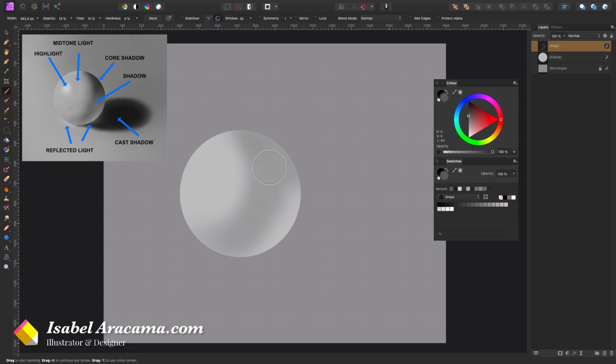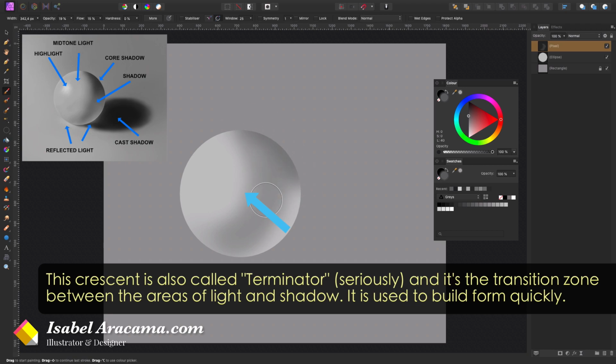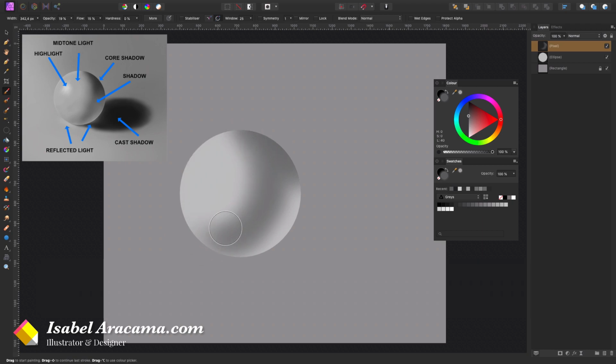There is this crescent that it's interesting to talk about. It gives the whole sphere a shape, and this is the way you want to paint, making your brush follow the shape of the sphere. I'm going to leave this quite light because there is light that is reflected from the ground floor, okay? So you want that much lighter than this area here, which is the area where the light is not going to hit at all.